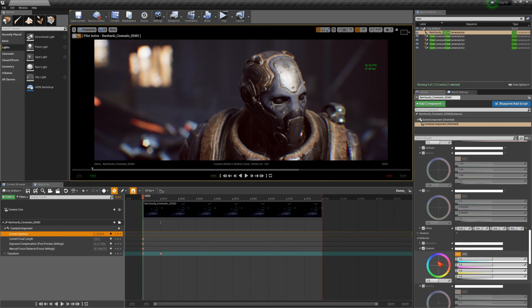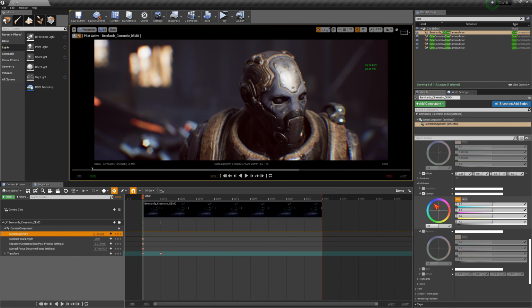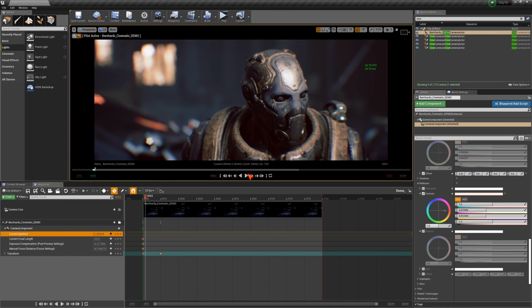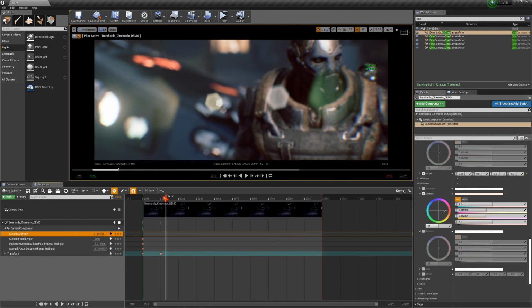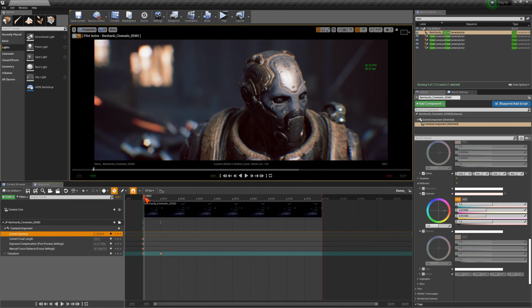And the cool stuff is, because it's in real time, you don't need to render anything. You don't need to wait for different compositing nodes until you actually see something, and it always has to run through your render and so on. You can see here the color correction is done. I have my animation in real time. If I do this, boom, I can see the whole thing in real time, and that is so much fun